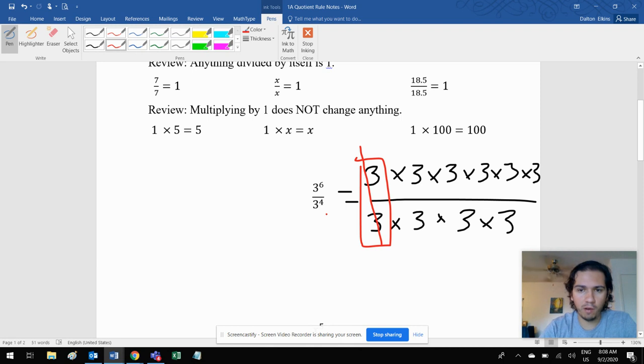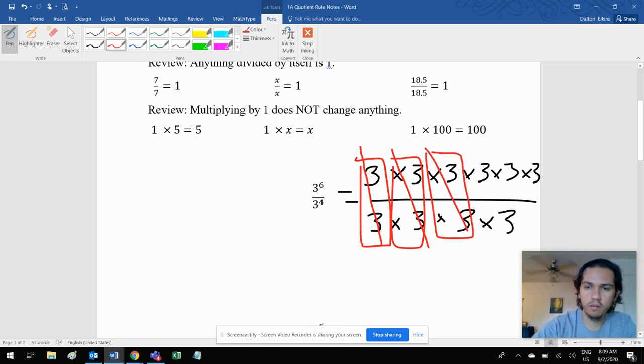Let's see how many more times we can make 1. Well, here is 3 times 3, or 3 over 3. So that's 1. Okay, can we do this any other times? I'm finding pairs in the numerator at the top of the fraction and the denominator at the bottom of the fraction. So here's another one. That's 1. And then we have another one right here. Okay, notice I still have 3's in the numerator, but there's nothing left in the denominator,